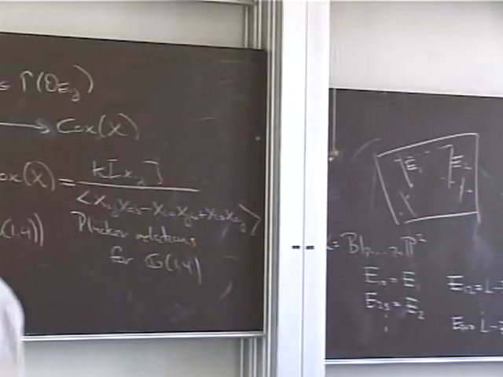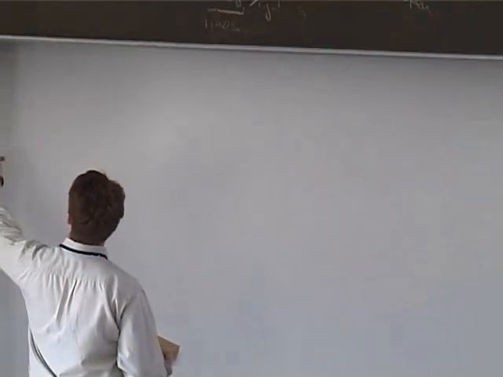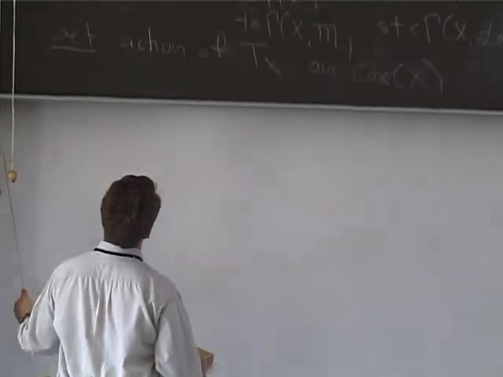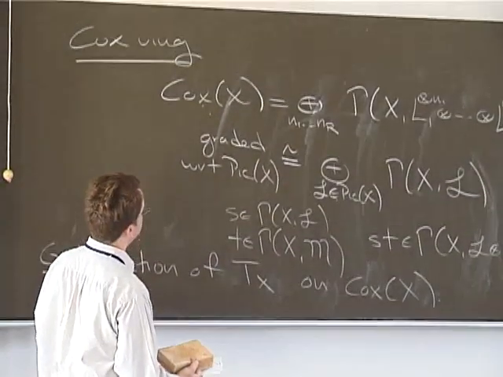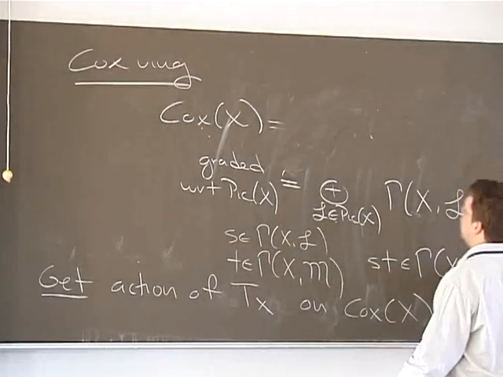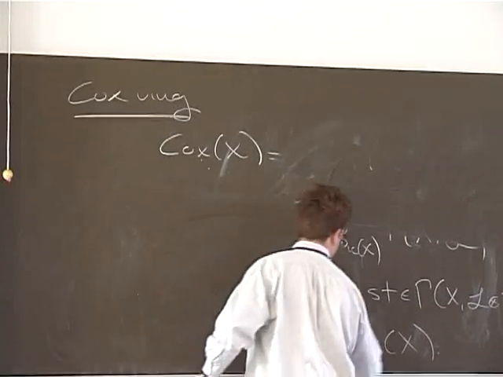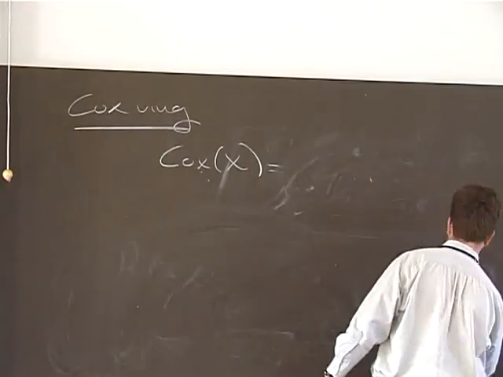So let me end with the description of a Cox ring of a general del Pezzo surface. Let me, since I'm running low on time, let me assume that the degree